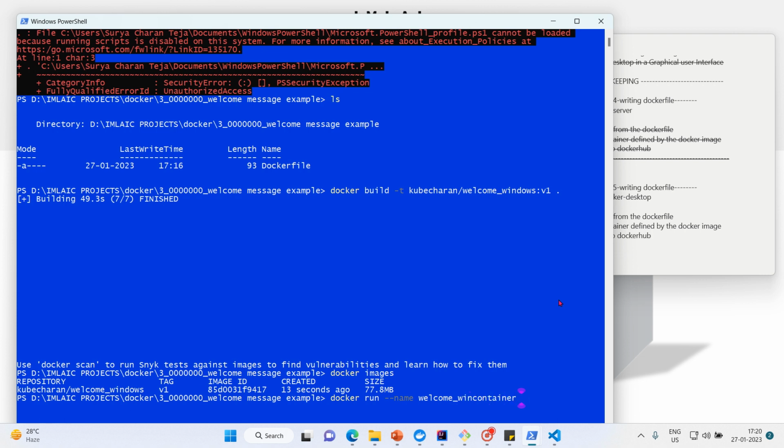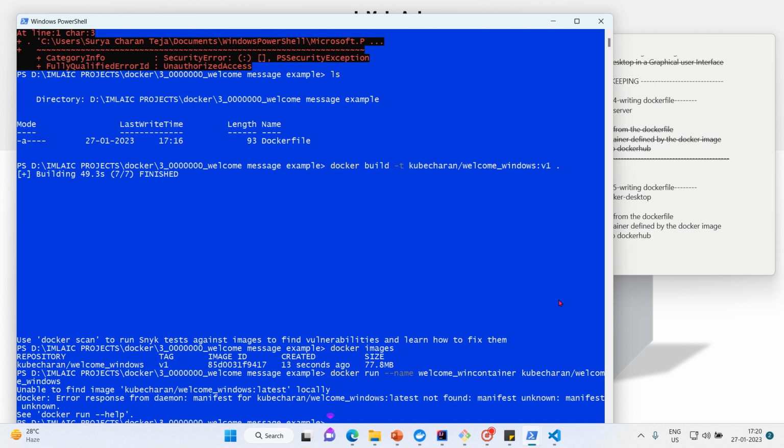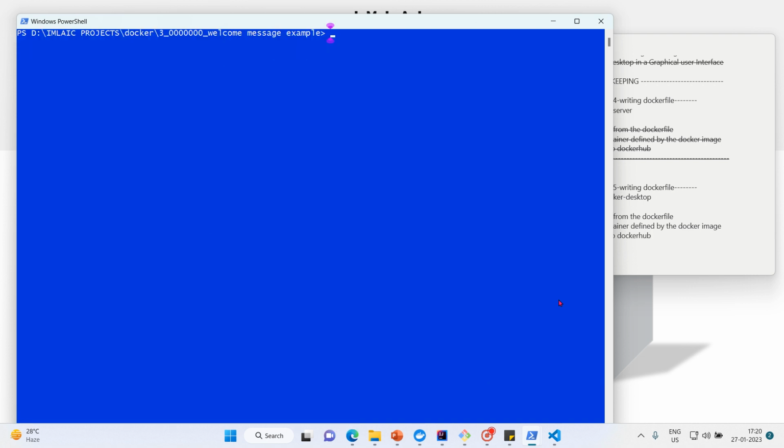and image name is kubecharan welcome-windows. So unable to find image. Okay, got it. That's my mistake. So I gave a wrong tag. I did not give the tag. That's my mistake. Docker run option --name